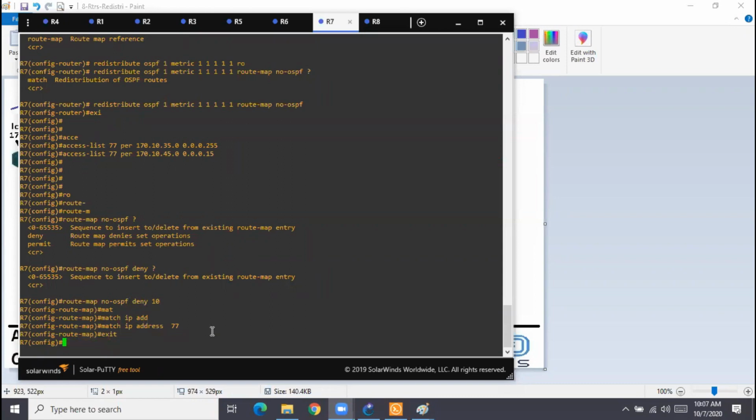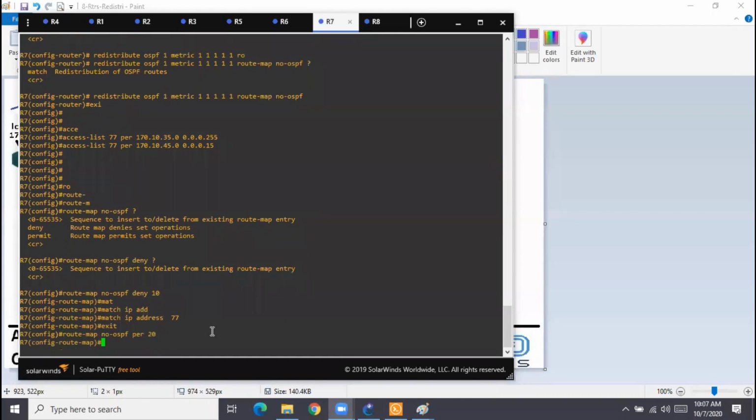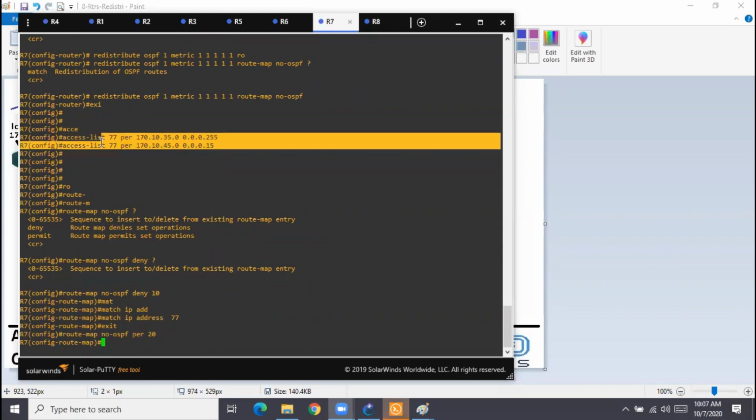So that's the reason whenever you create any route map with a deny sequence number, you should always create a permit statement in the end. Permit 20, 200, whatever. If I don't do this, what will happen? These two guys will get denied and everything else also will get denied, because a route map is also like an access list.